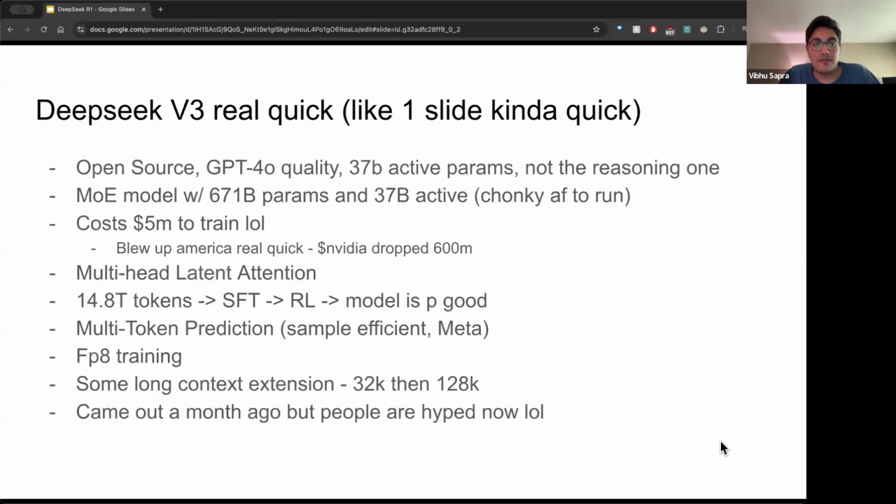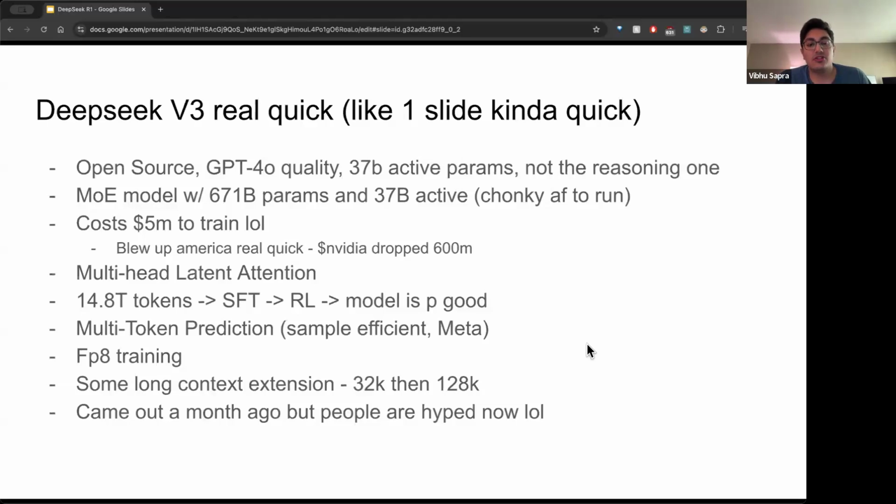But yeah, from there, let's go into DeepSeek V3 real quick. This is my one slide. So we say it's important. We'll stop after this and discuss it a little, but basically it's just a regular LLM. It's a pretty large model. It's chunky. It's 671 billion parameters, but 37 billion active parameters, which is pretty interesting. It's a lot of experts in there, but effective parameters are pretty small. It's basically a 30B model at inference time.